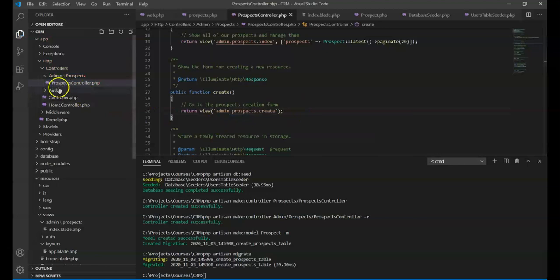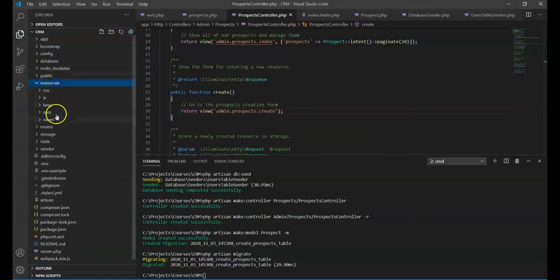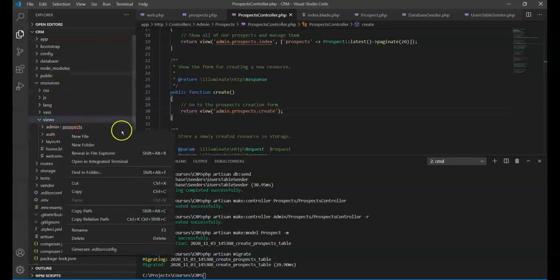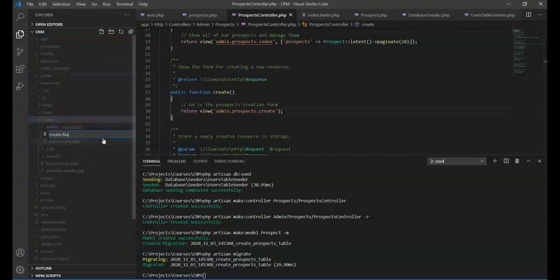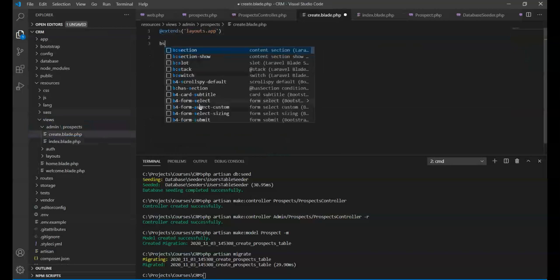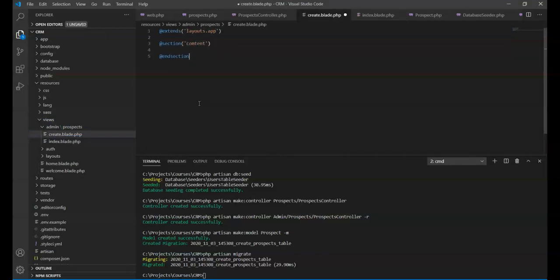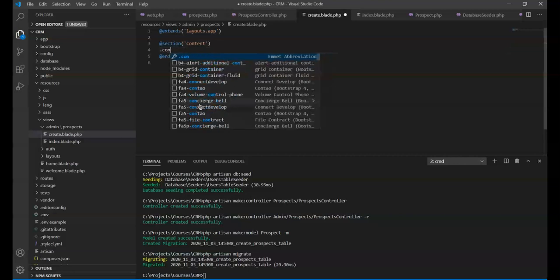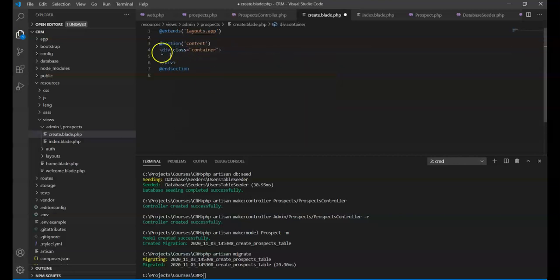So let's go down to our views file under resources, views. We got admin prospects, and we need to do create.blade.php. And again, @extends layouts.app, and we need to do @section in here, and that's going to be content as the name of that yielded blade directive. Now again, we need to do container, and in here, then we'll say .card.mt-3, just like we did in the other one, and then we'll say .card-body h1,